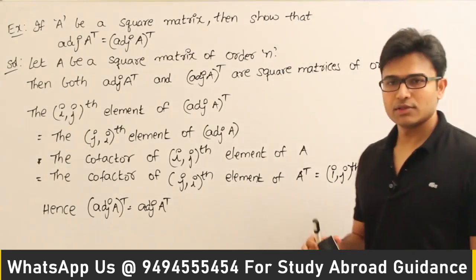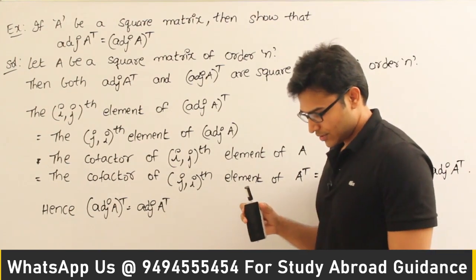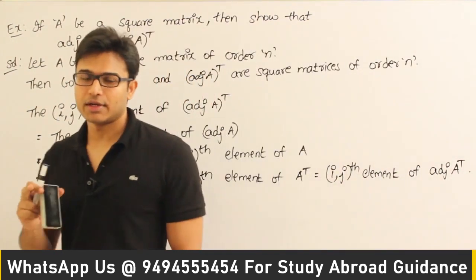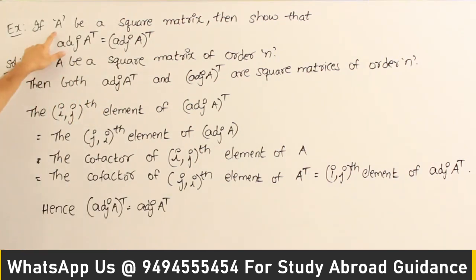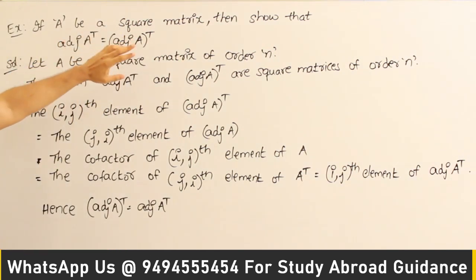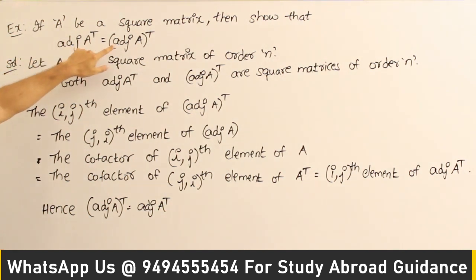See this property. This property is important. You can directly remember it, or I'll explain the proof. If you can understand the proof, it is okay. Otherwise, try to remember it. Okay, see this. If capital A is a square matrix, then show that adjoint of A transpose equals adjoint